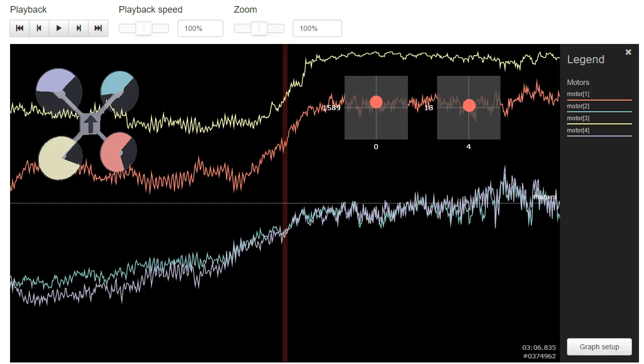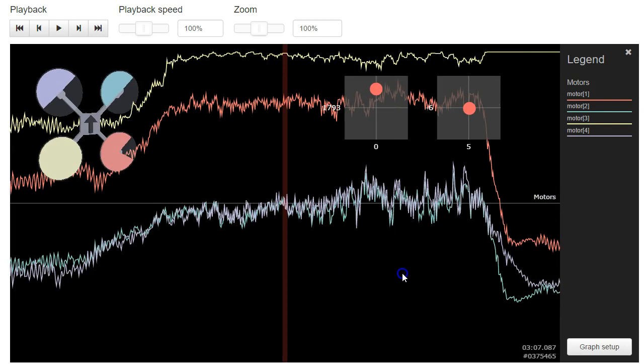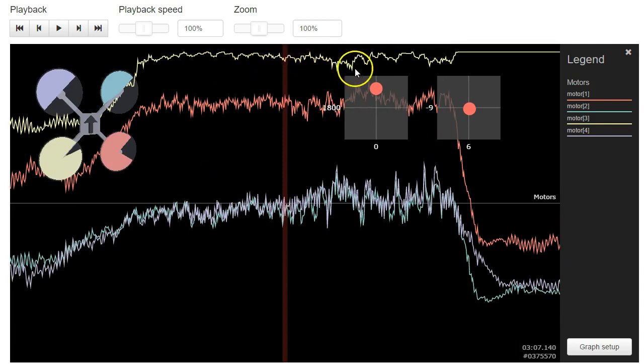Let's take a look at your log. So here's the moment in the flight that you're asking about. I've got the motor traces up right now, and I also want to be looking at the sticks so we can see what inputs you're giving. As you raise the throttle, it looks like you were doing a series of maybe flips or rolls, some acro moves. We can already see that this yellow motor is running higher than the